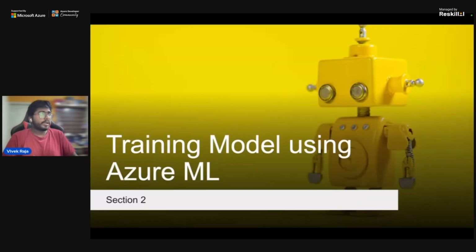So now let's go ahead and start training machine learning models. As I told you, today I'm going to help you with two ways to get started with training a machine learning model in Azure, which are going to be no code. We are going to leverage two things. One is the Azure Machine Learning Designer, and the second, guess what it might be, is nothing but automated machine learning.